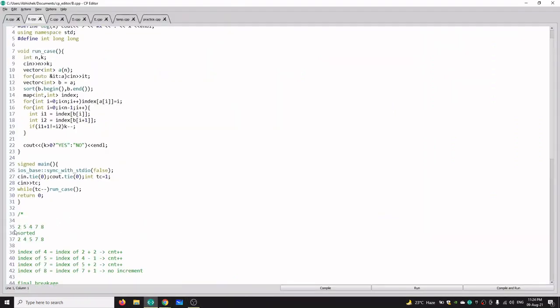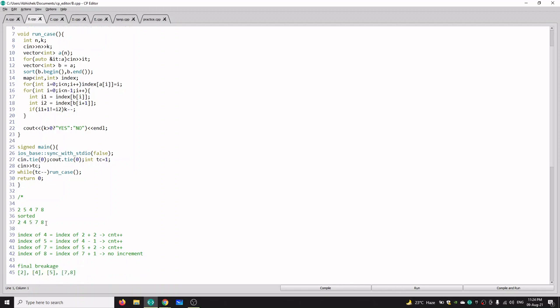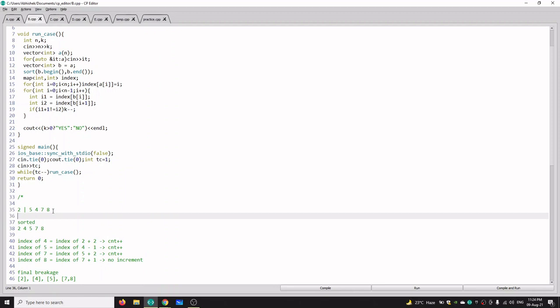So what we are saying is, if we have some input like 2 5 4 7 8 and we need to sort it, the sorted array would look like this. For getting 4 after 2, we need to first split it from here, and after that we will get 2 arrays, 2 and 5 4 7 8.